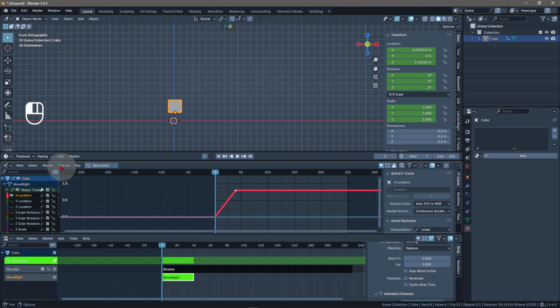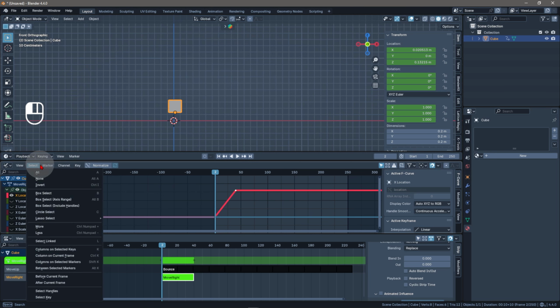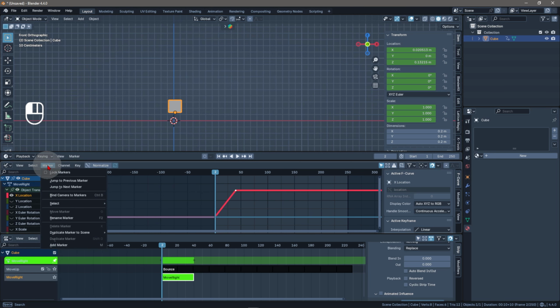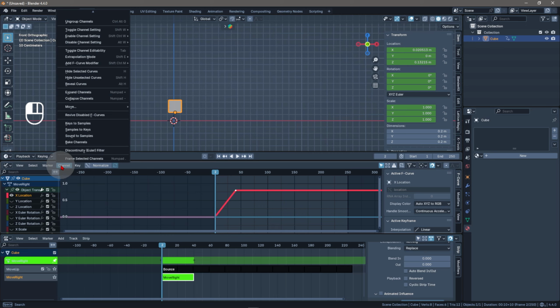Shift E. I probably have forgotten where to find it. Shift E, yes, extrapolation mode. So we could make this, let's see,